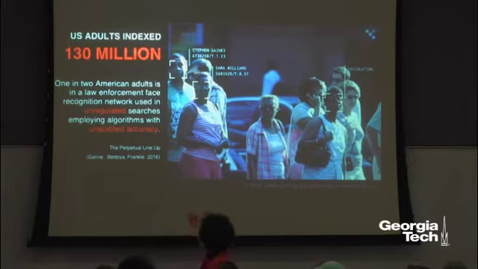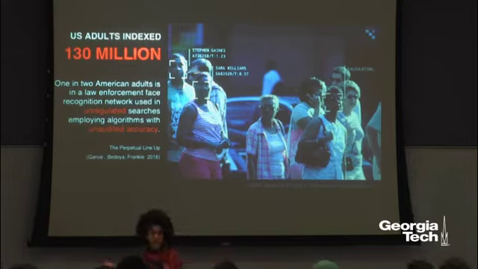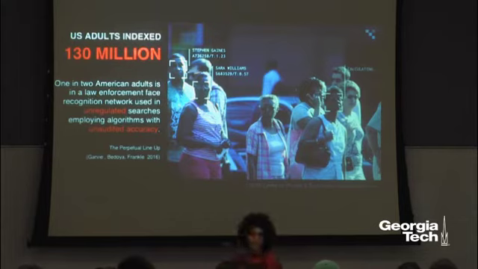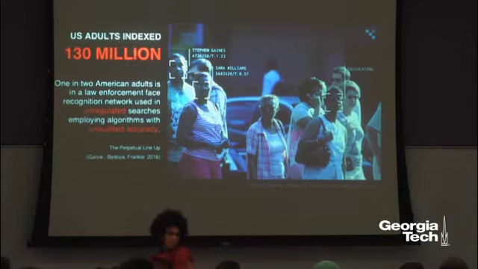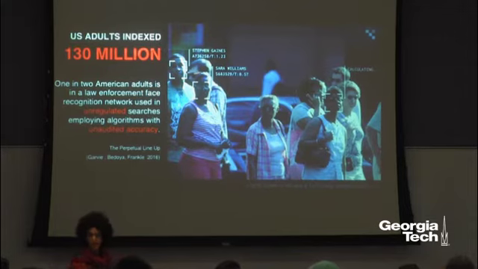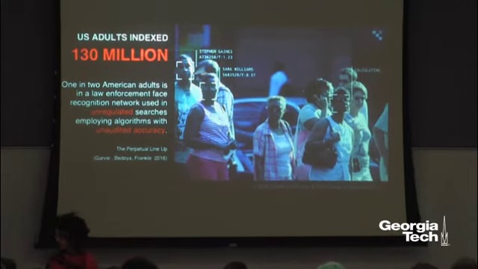This is also another reference that Joy pointed me to. It's called the Perpetual Lineup Report. And I recommend people read it, because they talk about how in the United States 1 in 2 American adults is in a law enforcement database, right? So I'm probably in some database. You might be, I don't know. And they can look you up whenever. They can use it for whatever, right? Now,